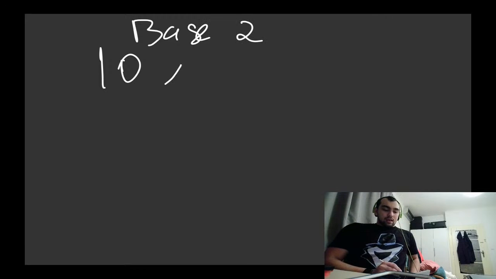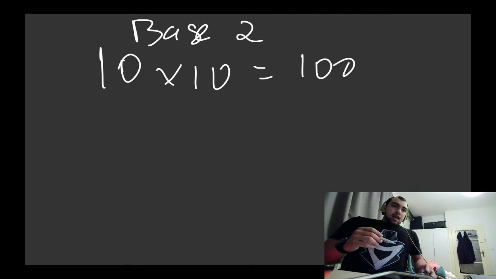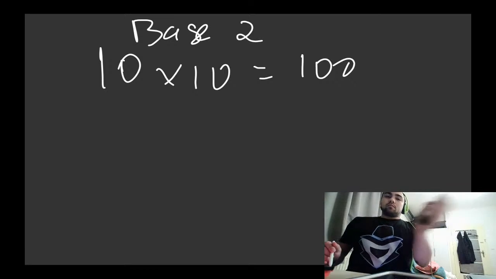But yeah, so let's think about the number 10. And right now we're in base 2, by the way. So 10 times 10, of course, is going to be 100. Right, we know this. And 10 times 10 is also 100 in binary, right? And this is why it's really important. Because